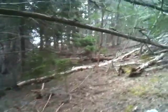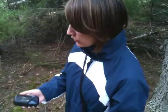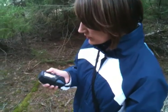I'm with Ashley. And Ash, what are we doing? Geocaching. And what do we have there in your hand? GPS. A GPS, which shows us that we're close to our goal or not. Very close. So we're going to find that geocache, but on the way, we did find something that was kind